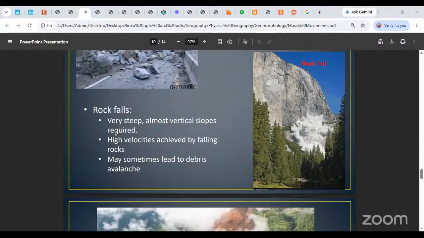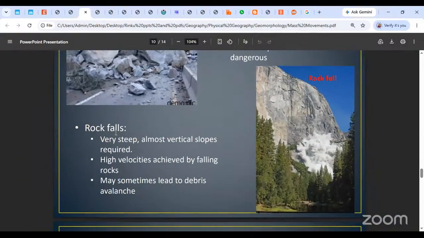Okay, the next is rock fall. What you can't see in the picture is the rock falling. ये जो नजर आ रहा है आपको धुआं धुआं, can you make out the dust over there? It is because that rock has finally hit the ground and it has thrown up this dust. There was a rock over here, then that rock fell straight down, and because of that, this entire dust storm was raised, and now the dust is going to settle. This is in some national park in USA. I don't remember which one, but this is usually what rock falls are.